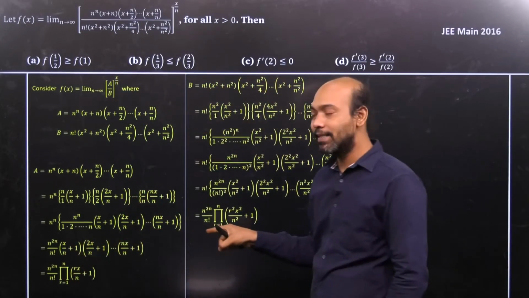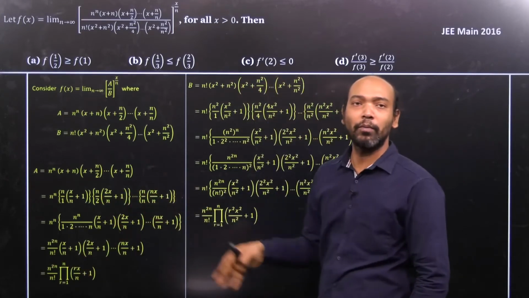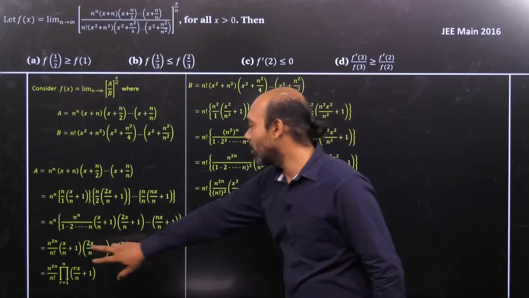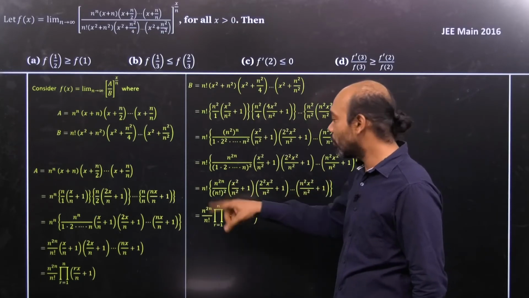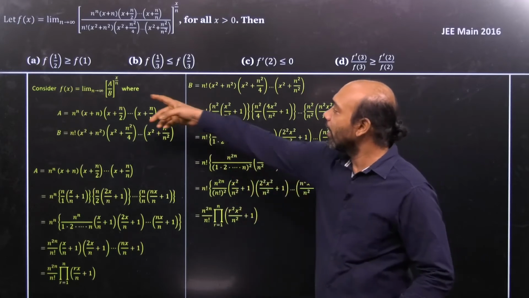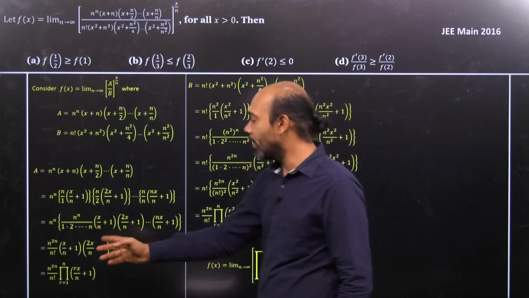This term gets cancelled. We see that we have n to the power 2n and factorial n common, so we don't bother about that, and obviously it's a product. So we can think of this term as divided by the second term, so each term can be written separately. That's why f(x) can now be written as limit n tends to infinity, that's common, pi will be there,